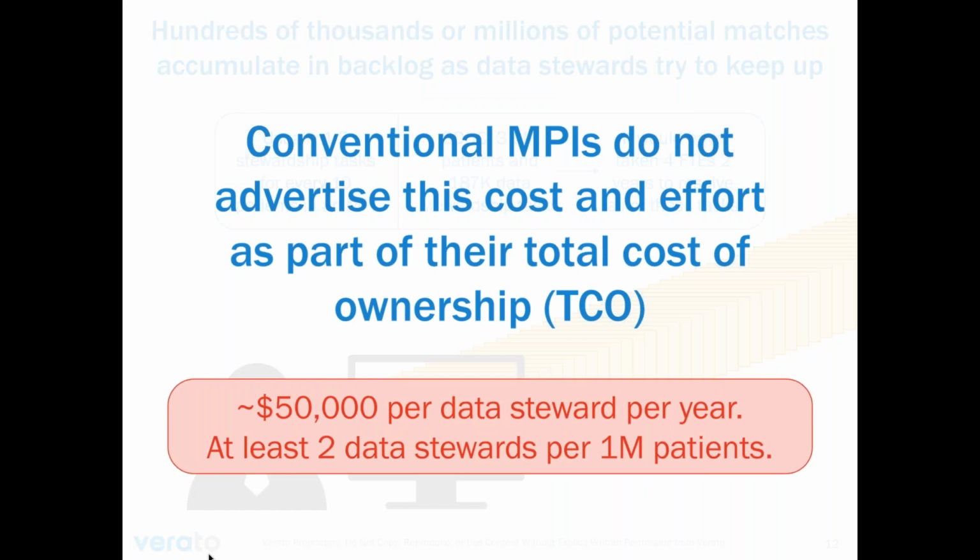So with stewardship, this is another one of these items that is a part of everyone's program. Typically organizations will estimate into their total cost of ownership what the cost of the data steward is, and they assume some minimal level of stewardship that will be required. What we end up seeing is that oftentimes those allocations of data stewards to the program just aren't nearly high enough. We usually see organizations need a couple data stewards for every 1 million patients they're managing, but most HIM teams are understaffed compared to that. It's just because of some missed expectations on how much work there's going to be around this stewardship idea.